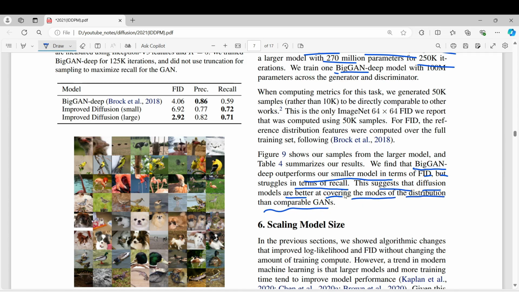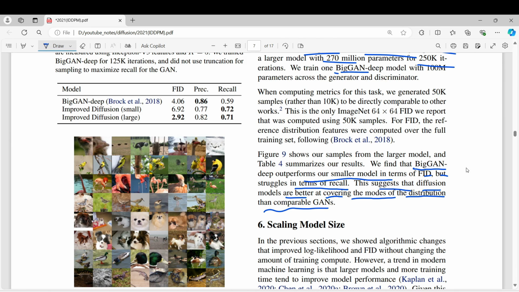So these are saying that big and deep outperform their smaller model, not bigger model. In terms of FID, which measures the diversity, but it's not actually just the FID, we will also focus on the other aspect. In terms of recall, which means the actual coverage of the distribution,